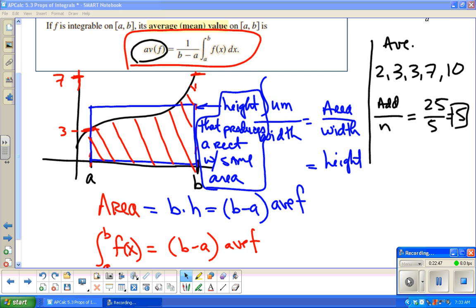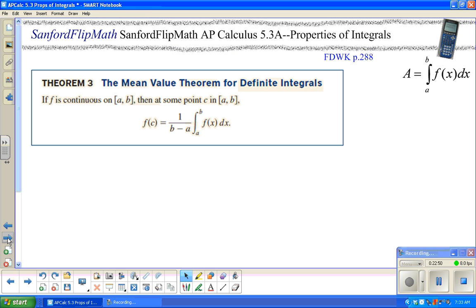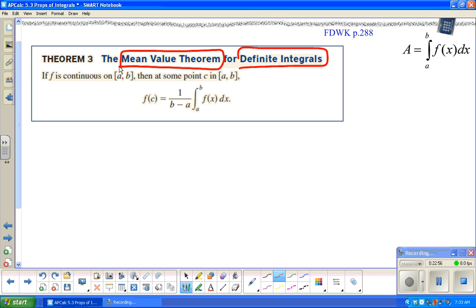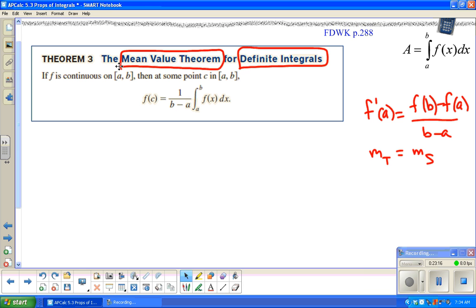One more thing to go with this idea, and that is the idea that this is called the mean value theorem of definite integrals. You've seen that before. Mean value theorem before said there is some spot where the derivative equals the average rate of change. Or we talked about it as the slope of the tangent line is equal to the slope of the secant line. What this says is there is a spot,